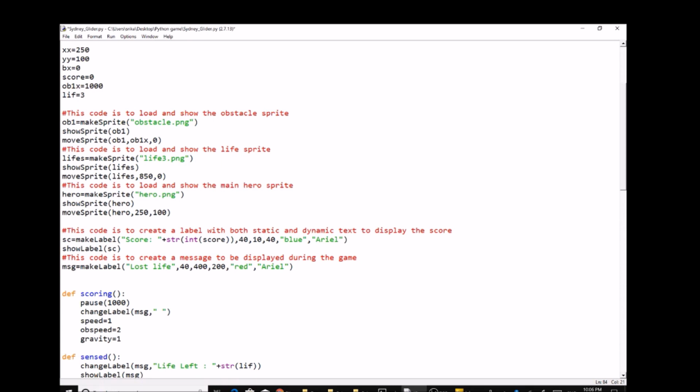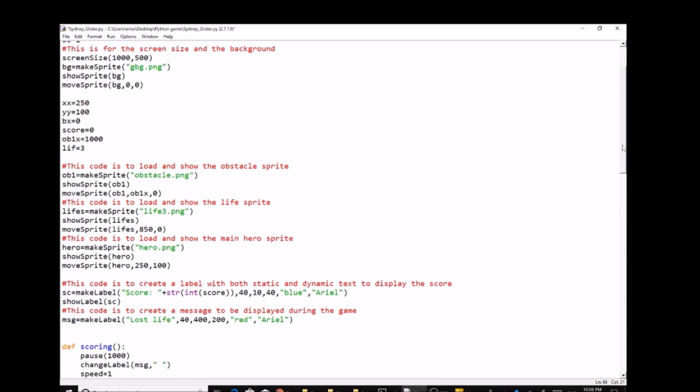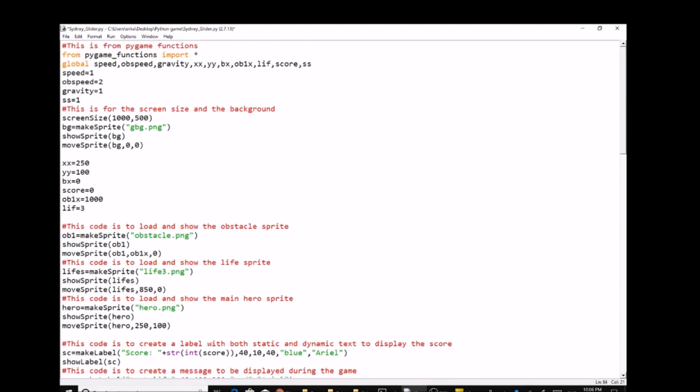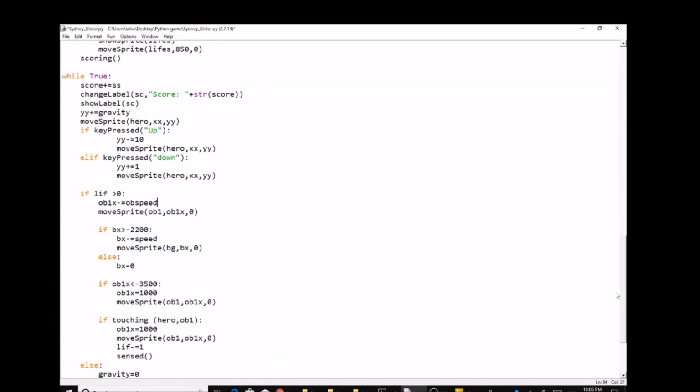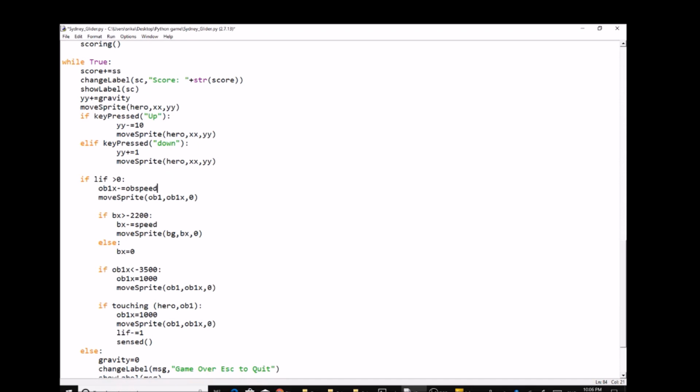So that needs to be decreasing by 2, which is here. Obstacle speed is 2. That obstacle speed is continuously changed, minus equal to OB speed. So which means the obstacle will be shown here